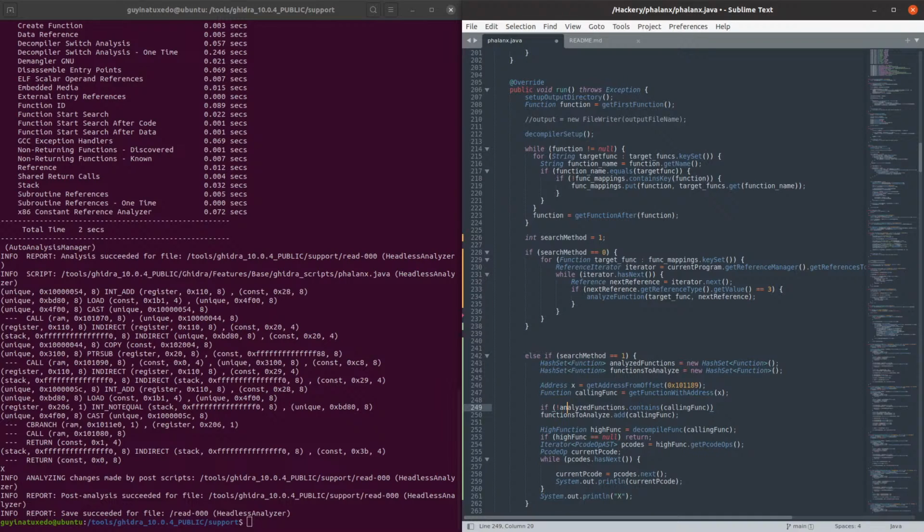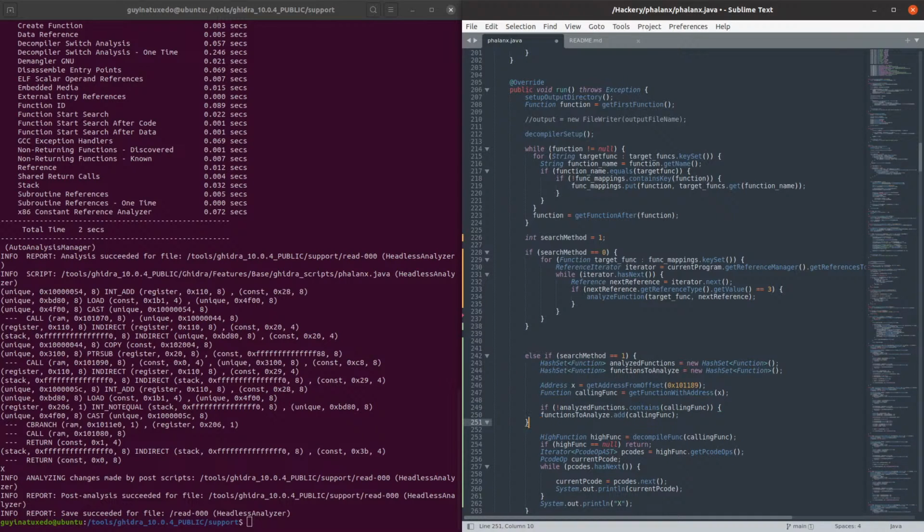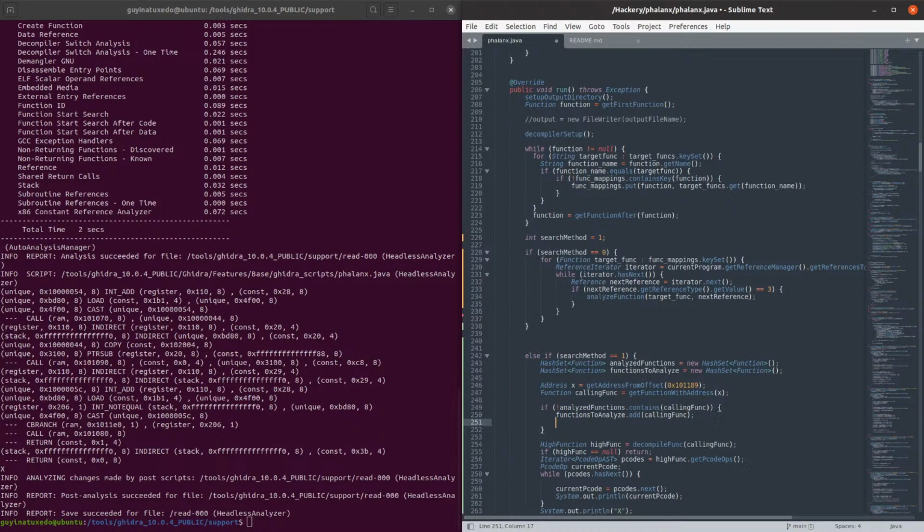So here, if it does not contain it, then we will add it to the functions to analyze, and also add it to the list of analyzed functions. So with how I'm doing this algorithm, whenever I add a function to the list of functions to analyze, I will also add it to the